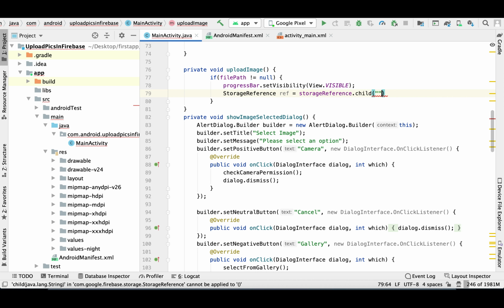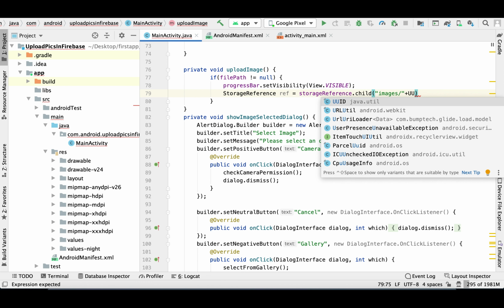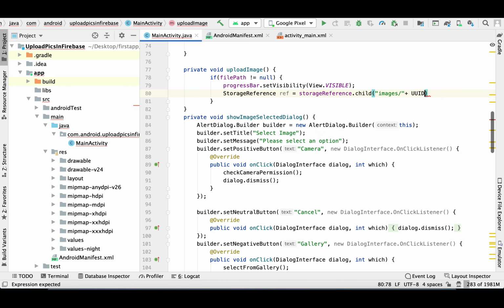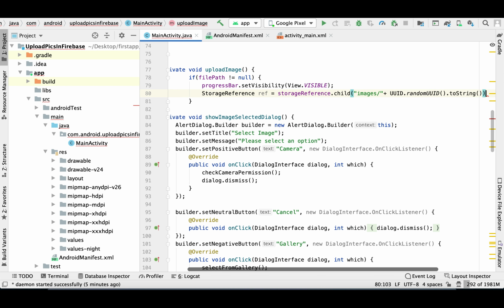Dot get child, and here we need to create a separate folder. So I'm creating images, you can give any name. This folder will be created on our Firebase storage, and I'm giving any name to my image, that is just a random name.